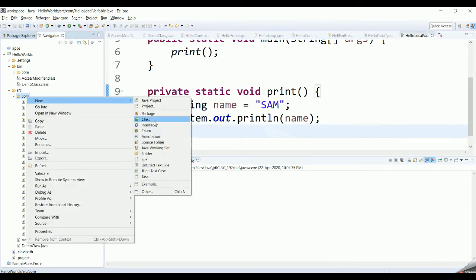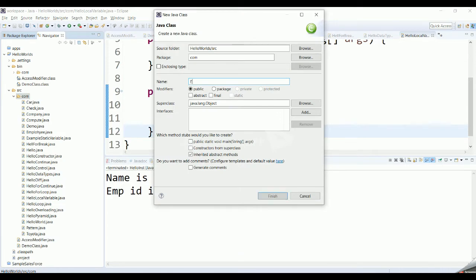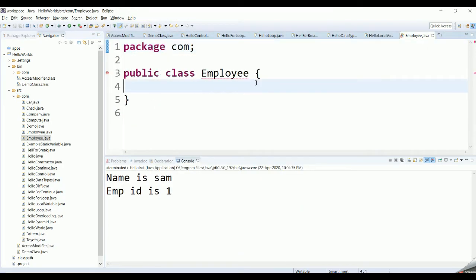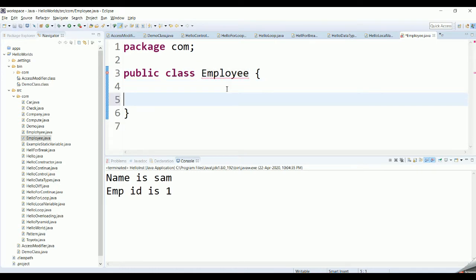To demonstrate it, let's quickly create a class. Let the name of the class be employee. This class is going to hold two variables: one integer, empid, and one string, name.